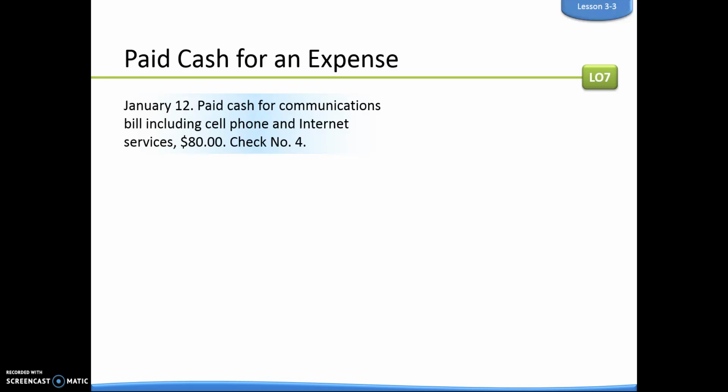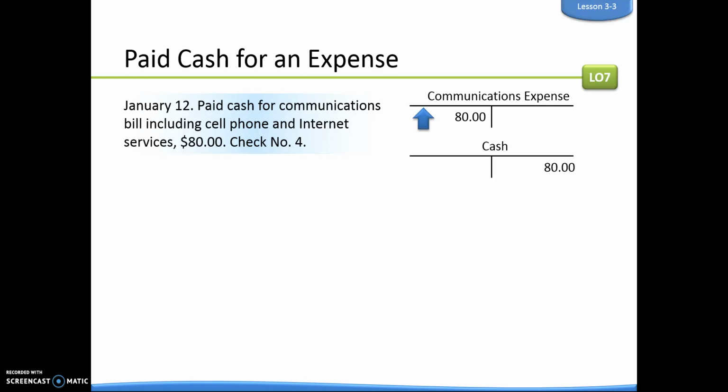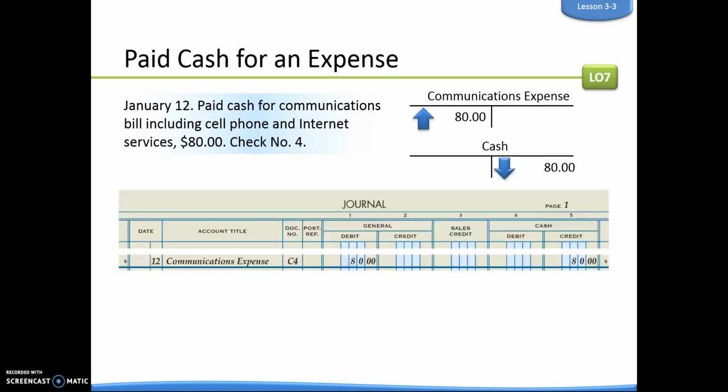So in this situation, first we need to identify our two accounts that are affected. Our account that will get the debit is our communications expense. Remember that is technically an owner's equity account, and that it increases with a debit because technically expenses decrease owner's equity. So we have to flip-flop those. And then we have cash, which is going down with the credit. So what that looks like in our journal